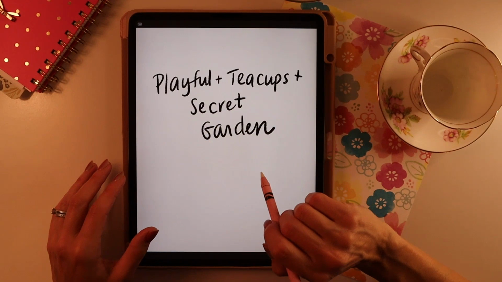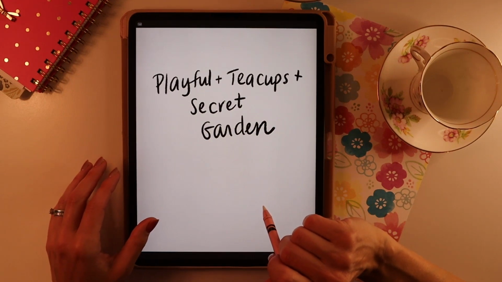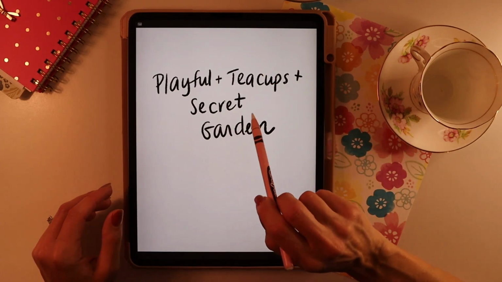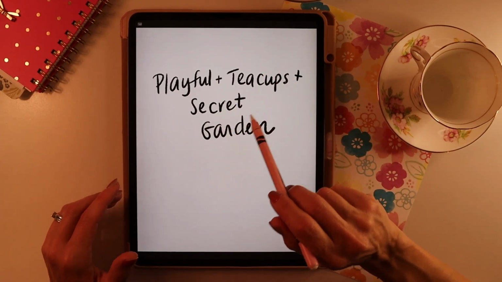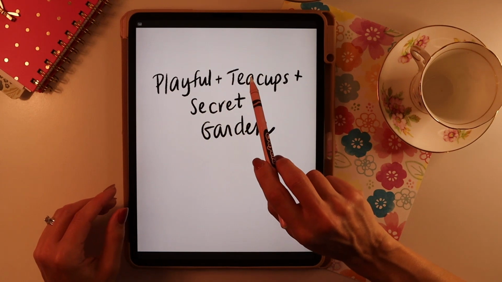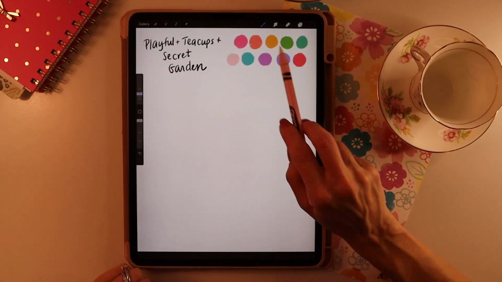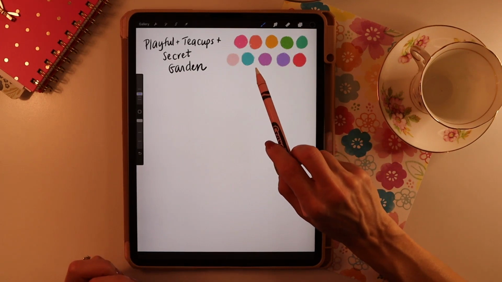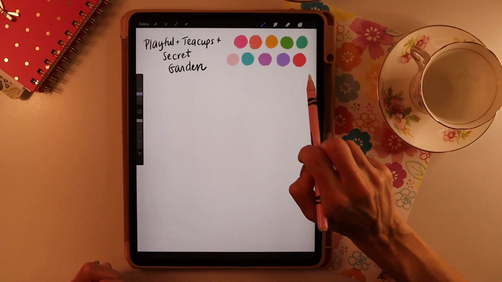Like, create it for other things, and then you can also post it on there so that you can showcase your work. But when I'm drawing things, I'm always thinking ahead. So I know that I would like to create other products with this. These are the colors I will be using today for this illustration, and I also have this color palette posted